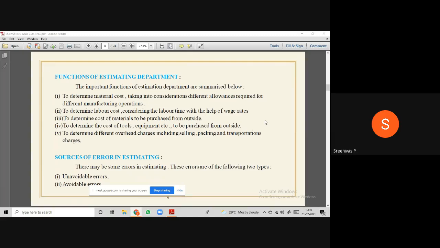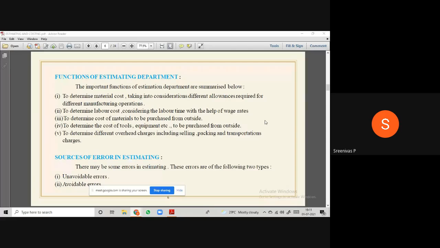So not only considering the time required for the operations, but we must also consider some allowances in the form of time, which is called fatigue allowance. Fatigue allowance in the sense, the operator cannot work continuously. At the starting hours, he can work efficiently, but as time proceeds, his efficiency may decrease. So keeping this in view, an estimator must give a fatigue allowance